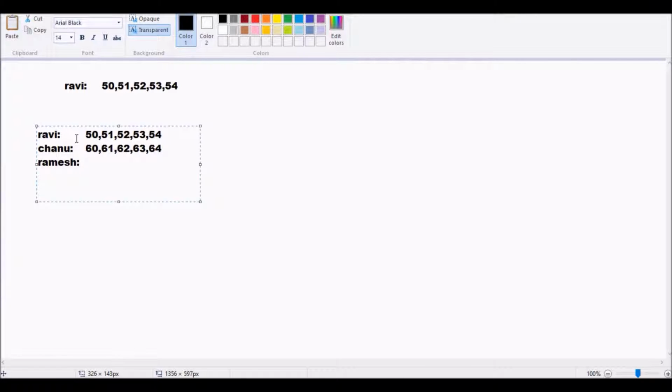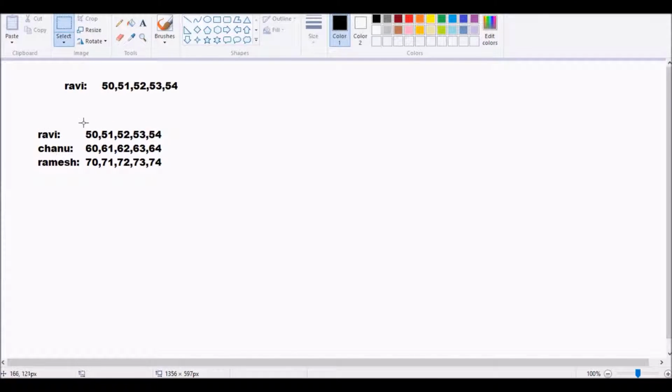Here 70, 71, 72, 73, 74. So for Ravi his marks are this one, for Chanu his marks are this one, for Ramesh his marks are this one. See here, the first one is stored in one row, this one is stored in another row, and this one is stored in another row. So I will just separate it.